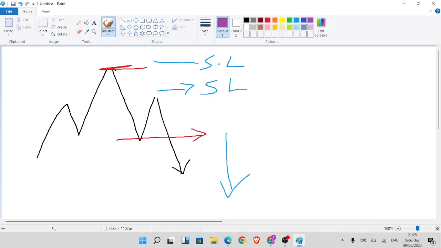basically now the head and shoulder pattern is price forms a high giving us a shoulder, then gives us a higher high giving us a head, and then it forms a lower high which now gives us another shoulder. This becomes the right shoulder or the left, I don't know, one of the other shoulders. Now